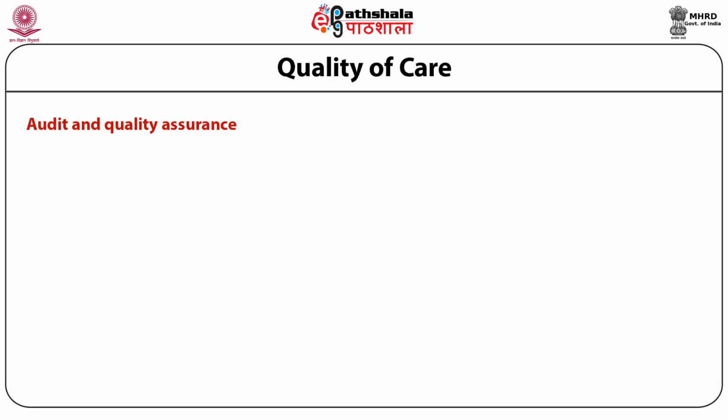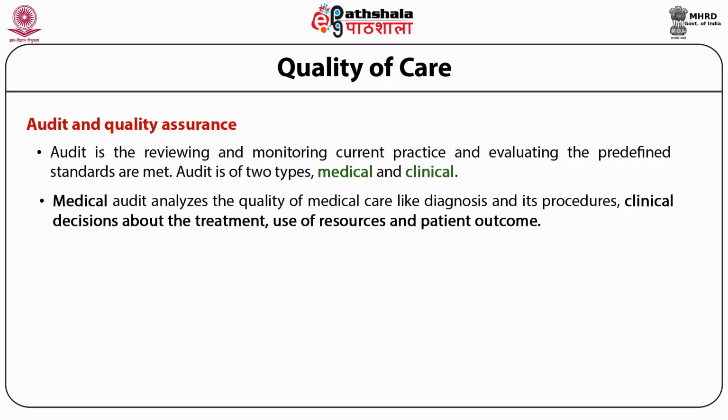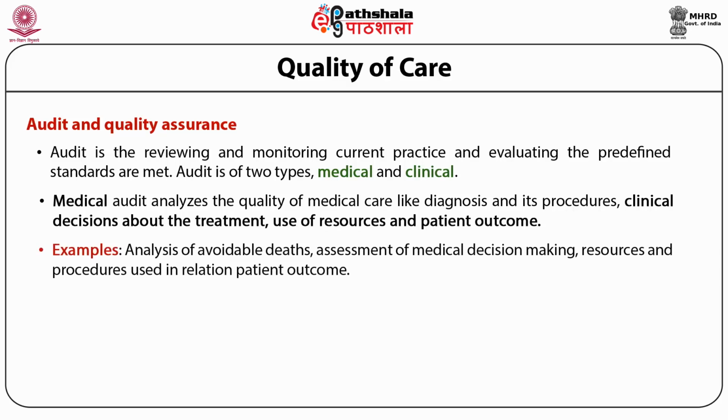Audit and quality assurance. Audit is the reviewing and monitoring of current practice and evaluating whether predefined standards are met. Audit is of two types, medical and clinical. Medical audit analyzes the quality of medical care, like diagnosis and its procedure, clinical decisions about the treatment, use of resources and patient outcome. Examples are analysis of avoidable deaths, assessment of medical decision making, resources and procedures used in